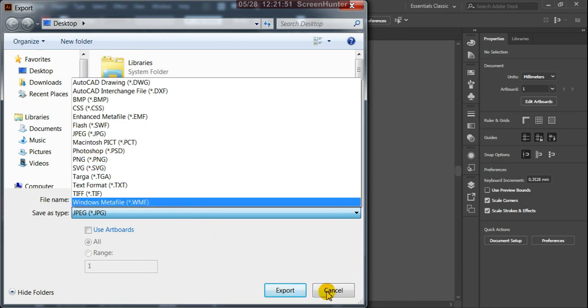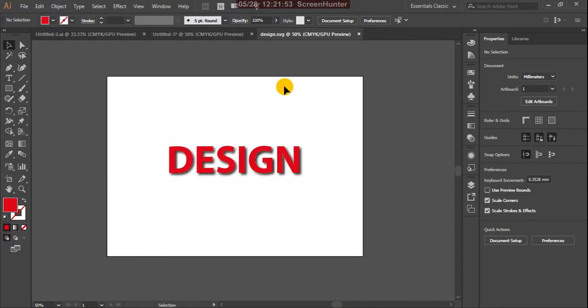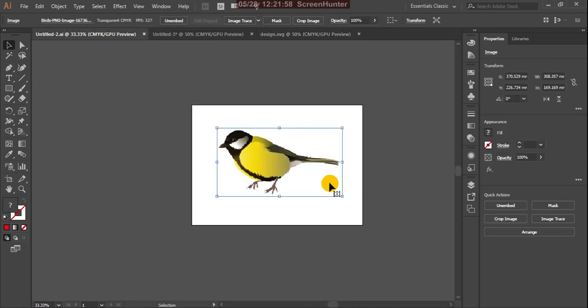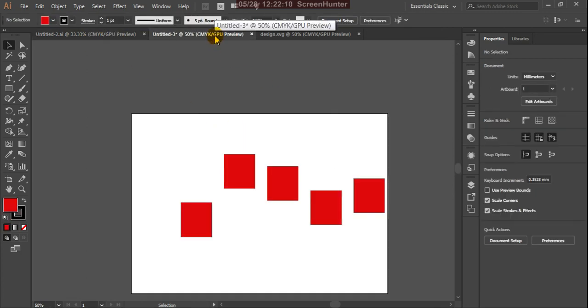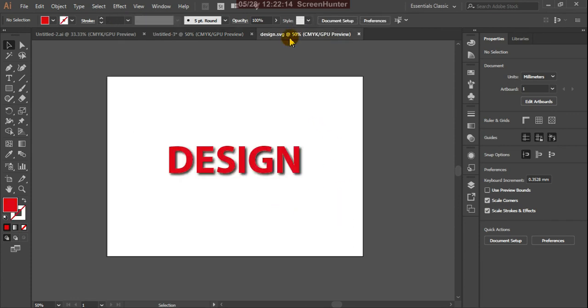Okay, so these are the export options. Today I explained all these things: how to import your images, linked files and embedded files, and in the same way I explained all the alignments. And here I explained all the file formats. So you also have to practice all these things, and whenever you have any doubt, please ask. Okay, thank you.